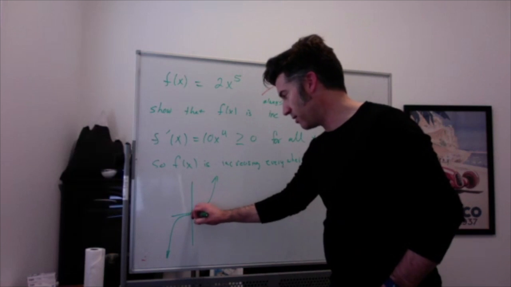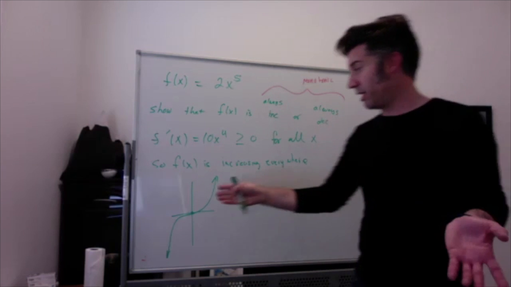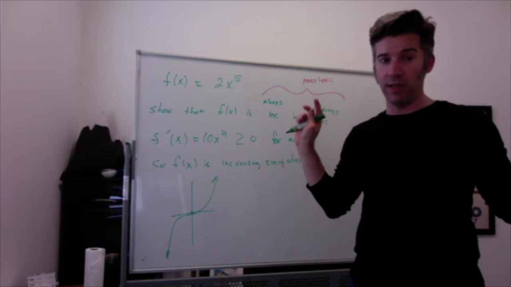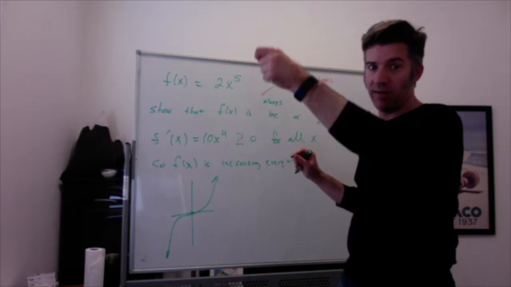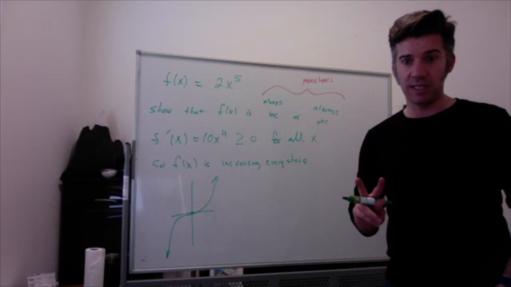At 0, it kind of flattens out for a second, but it's increasing because as we move from left to right, the y values are always getting bigger. There's never a point that's further left that has a higher y value than a point that's further right. Okay. The second part of this is to then,